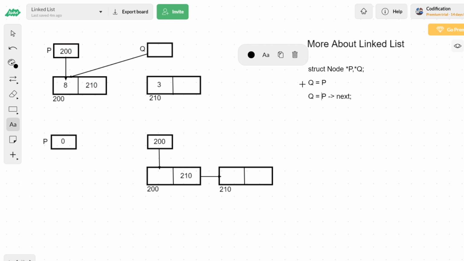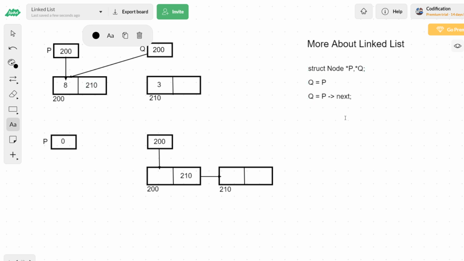In the first line, when you do q equal to p, q will be stored with 200, because p is having 200. Now in the next line you are doing q equal to p arrow next. What is p arrow next? p arrow next is 210.